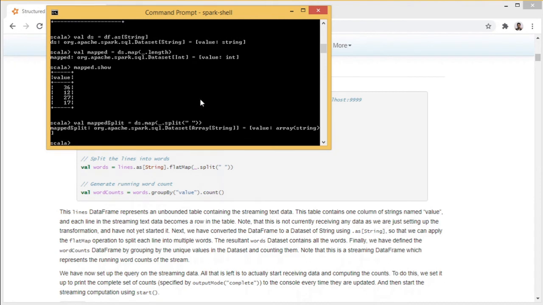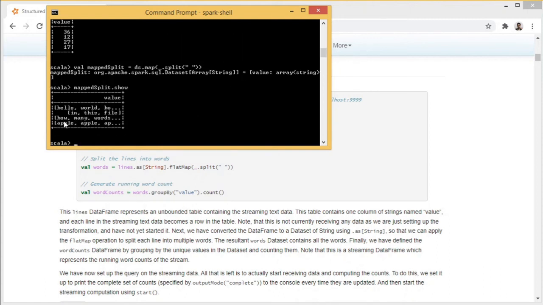It got something like array of strings. So let's see, for every word we split it into array of words. Every line was split into array of words, and then that is displayed here.